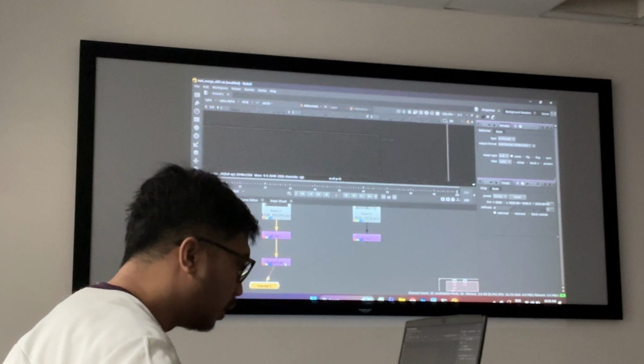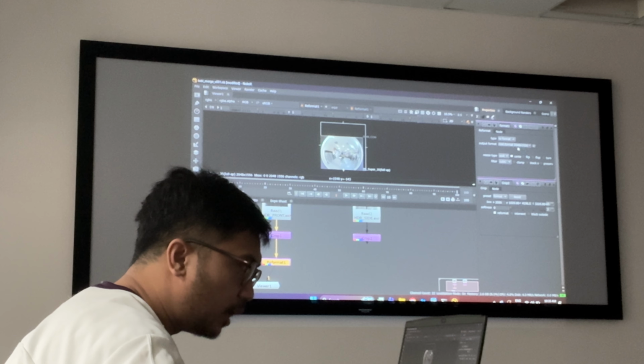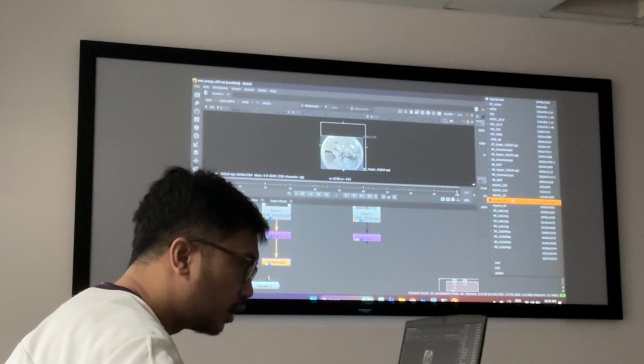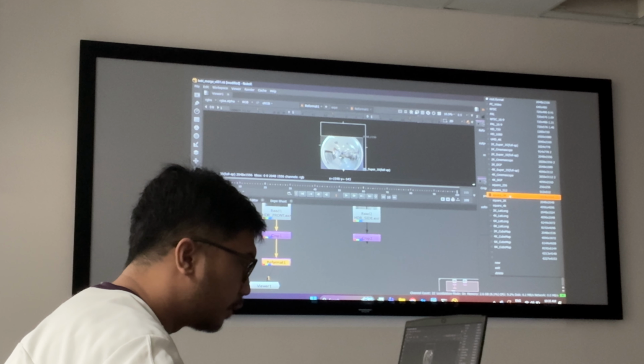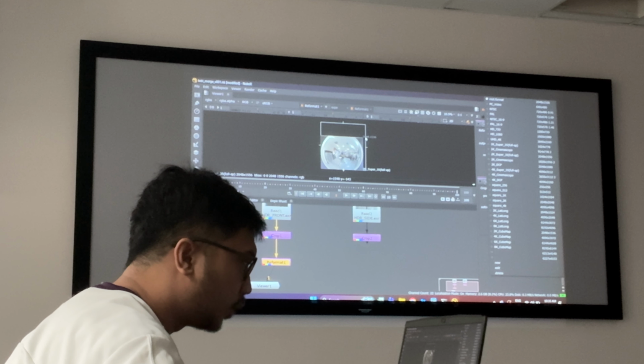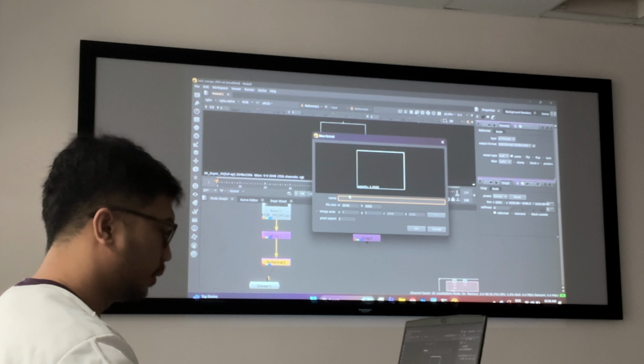Okay, so reformat the first one first. Reformat here, it gives me 2048 by 1556. So it needs to be square. It's either this or basically up to you. If you want to customize the size, you see this 2048, which I can use actually. If you want to customize, just go to new and just call it Chrome square,